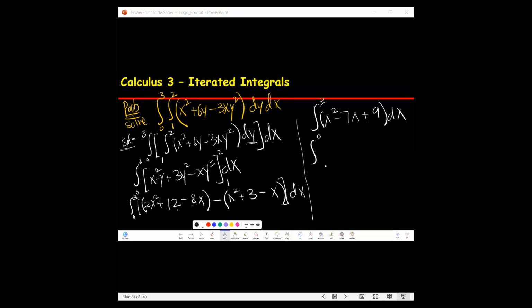And now let's take the integral for the inside one. So I'm going to erase this parenthesis, just apply the integral directly. We have limited space. So what I'm going to apply here is 1 over 3 x cubed minus 7 over 2 x squared plus 9x, from 0 to 3. Okay,